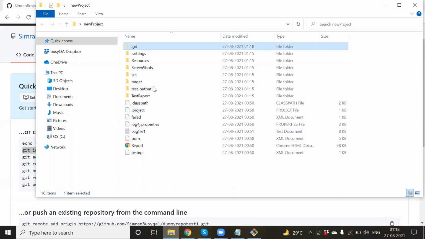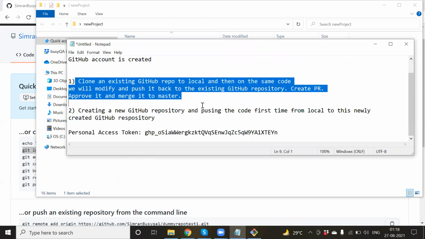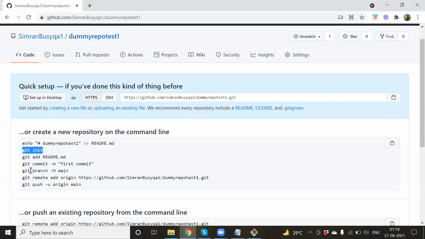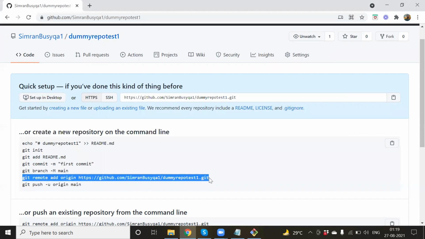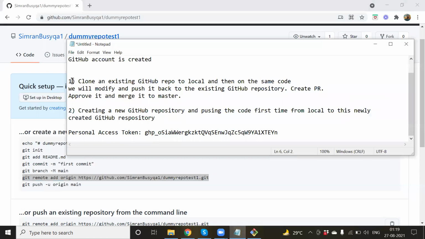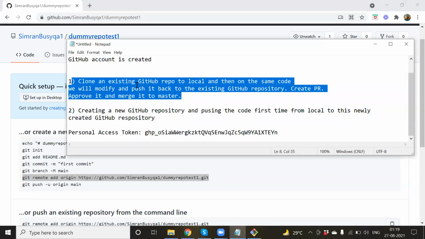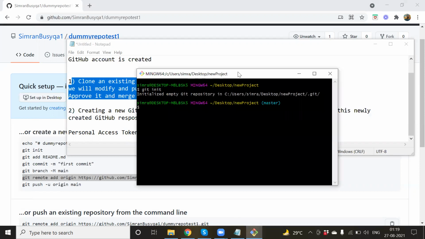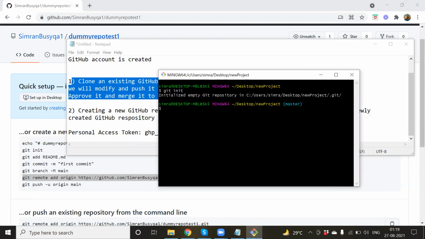Now we are at a position very much like the similar project, but there is one more difference. We also need to give the path of the place where the repository is, where we'll be pushing the code. That location is very important. So this also needs to be done, and then we'll be at the same position as the previous scenario. The previous scenario didn't require this git init and the other one, but here it will be required. Now it is fine to work.